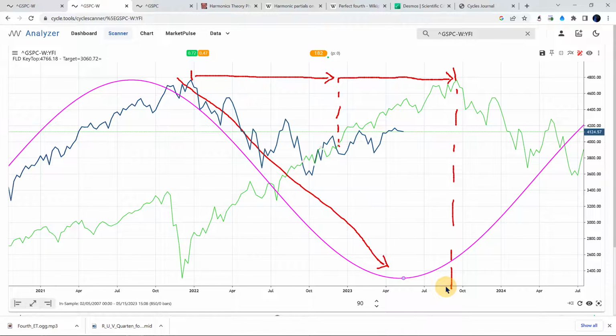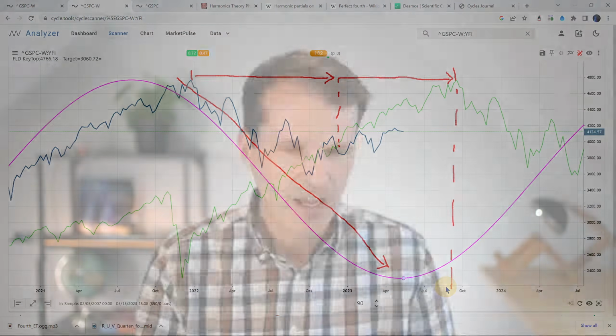That was my initial question. At this point in time, we really need to have additional information. Have we already passed the theoretical bottom, or are we still ahead of this possible bottom? And now the FLD gives us some information in regards to timing of this. So that's one important part of the story, timing-wise. And this information can now be used to adjust the skewness of the cycle. Do you know what the skewness of the cycle is?